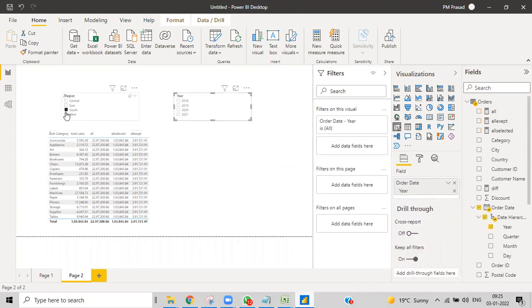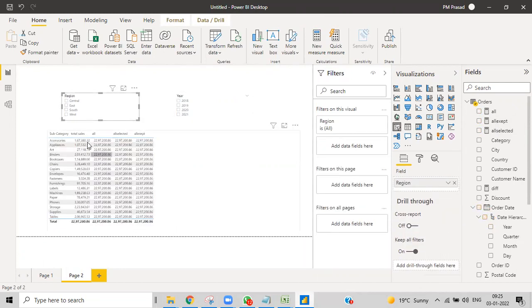I've been removing all these things so that you can see everything will be the same here, because I don't have any filters applied over here. So let us apply filters like this.